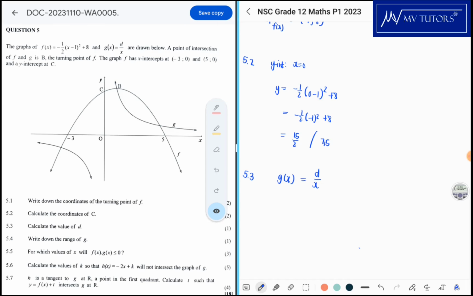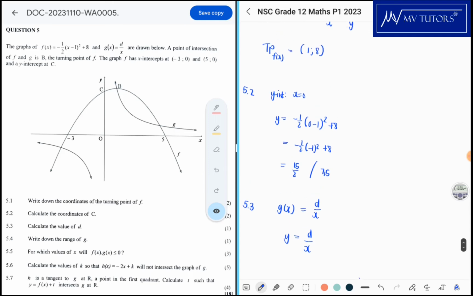Now, what do we know at this point? Do we have anything? Yes, we do. So we can substitute. What value can we substitute actually? So if I say y is equal to d over x, I can use the value of b. Because I can see that b is a coordinate on the graph of f, but it's also a coordinate on the graph of g. So as long as you have any point along the graph, then you can use it. And I can see b is the only one that I have. I don't have any other point. So I'm going to substitute